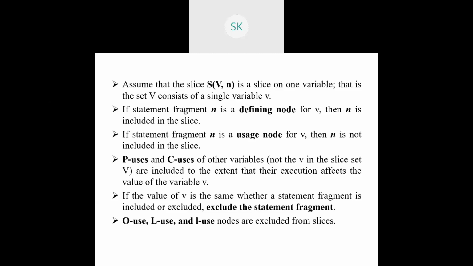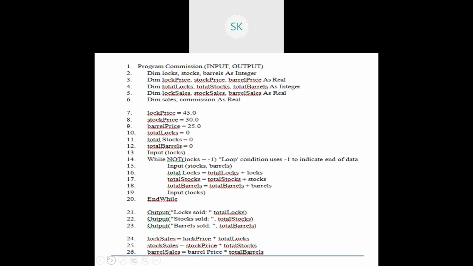PUs, CUs need to be taken care of. Okay. In CUs, there are two ways to do it. One is with respect to whether there is a contribution, accept that. If there is no contribution, reject that statement. That's it, very simple. So with respect to this, how this slice-based testing works, we'll just look into the example that they have given.